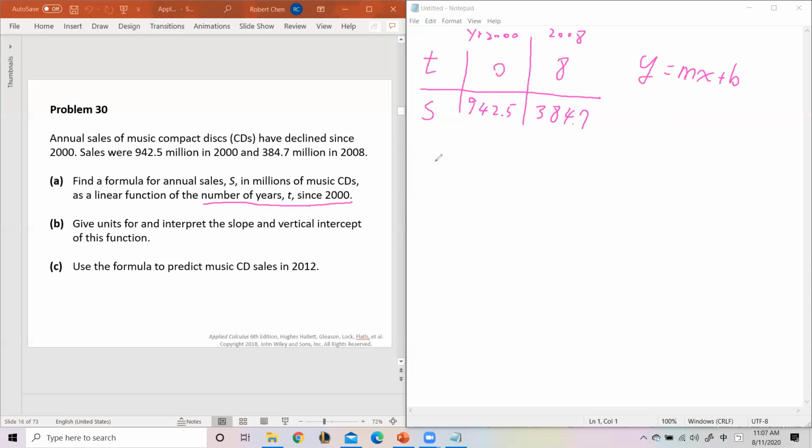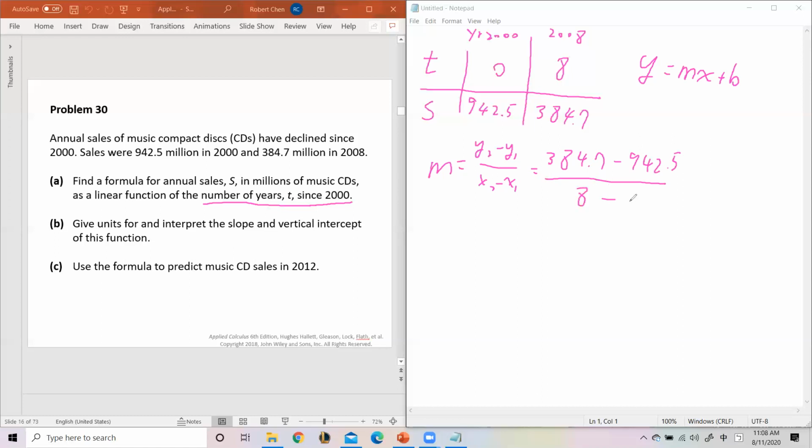So first, m is y2 minus y1 over x2 minus x1, right? So we can just take those in. So y2, those are going to be our dependent variables. Let's do 384.7 minus 942.5